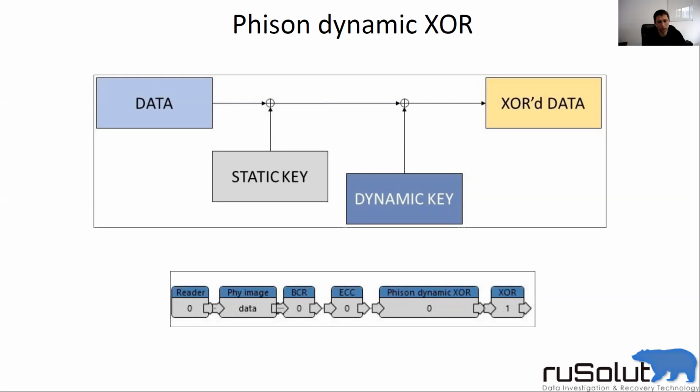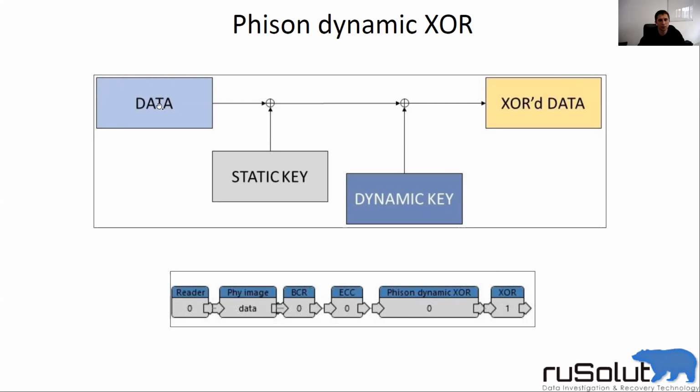And there is only one way to deal with this case: to create this dynamic key on the fly with the utility. The good thing is that there is just one algorithm. For the majority of Phison controllers, there is just one algorithm of that generation, and we have it. And the only thing you need to do for these devices is to bring this Phison dynamic XOR element to the workspace, and after this, you need to apply one more XOR key, which is already a normal, static one, because